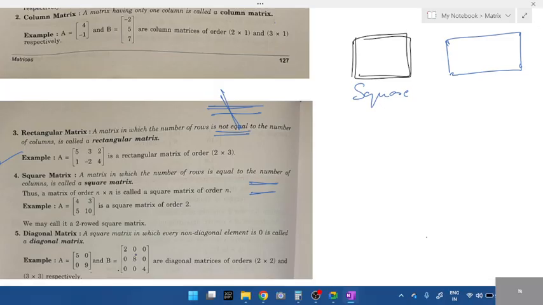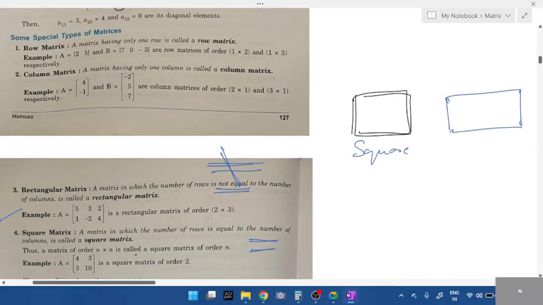Write it however you want. You don't need to write the entire statement, just write an example. Go through the first four. 15 minutes left. Memorize the first four with the example, students. Row matrix, column matrix. In row matrix, one row. Column matrix, one column. Rectangle matrix, 2 by 3. Number of rows is not equal to number of columns. Then we have square matrix.